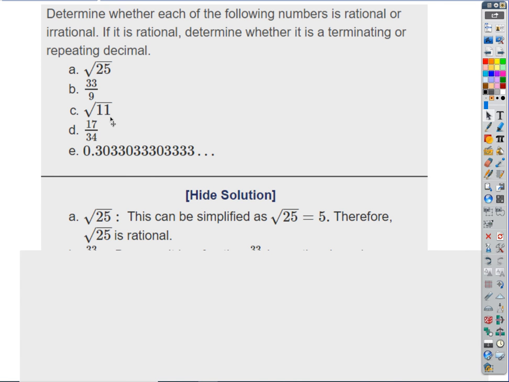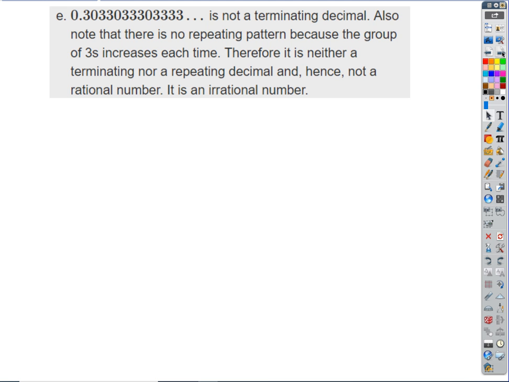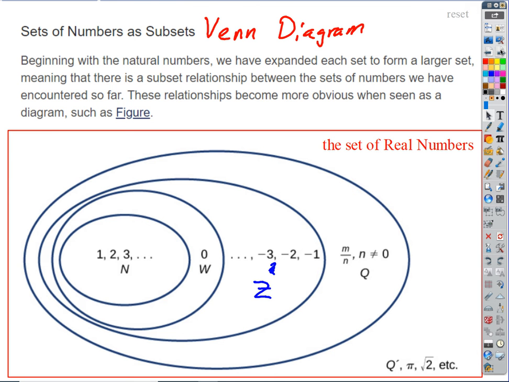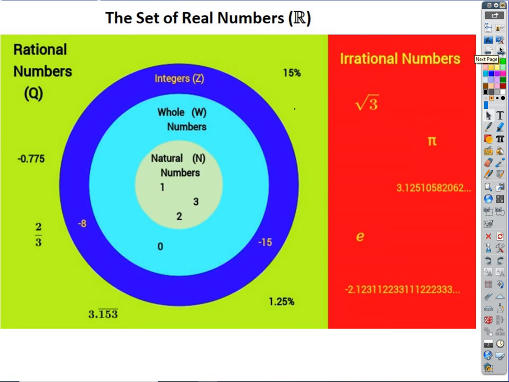Irrational. It's kind of tricky, it sort of looks like it wants to be rational. There is a pattern there, isn't there? But it's not a repeating pattern, so it's irrational. Good, okay? All right, so quick summary then, here's another way we could represent those sets if you wanted to,